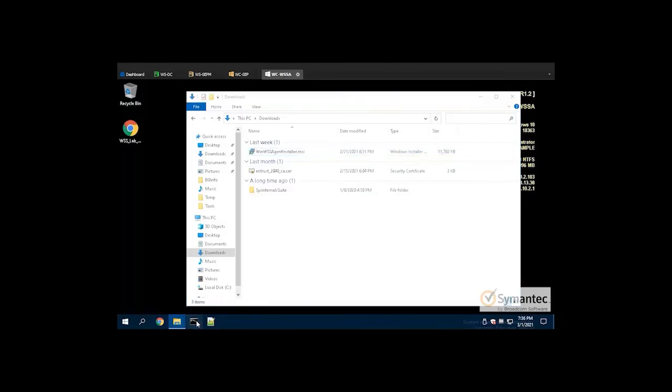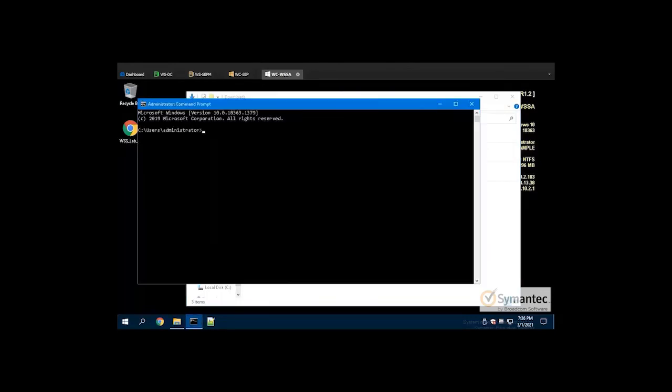And then what we'll do is open the command prompt, and cd into downloads, because that's where we downloaded the file. Then we're going to run the Win WSS agent installer with this command.